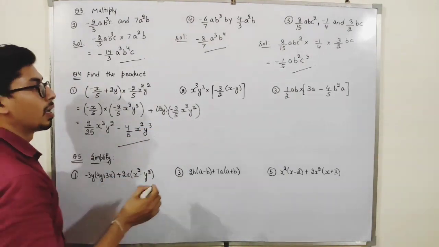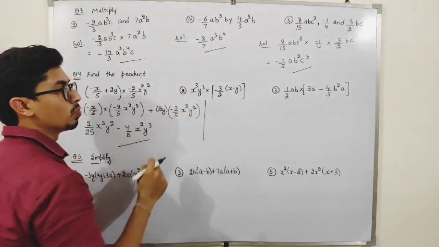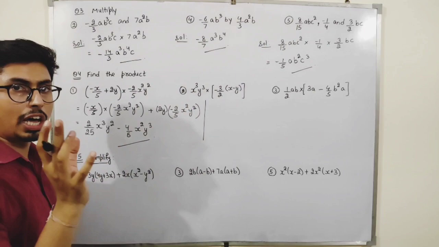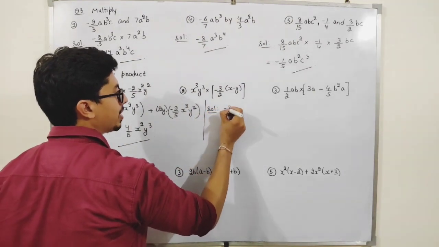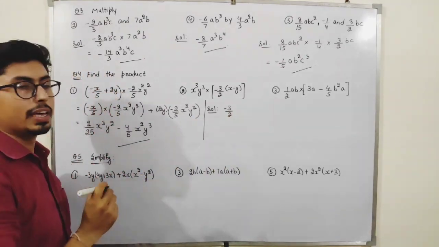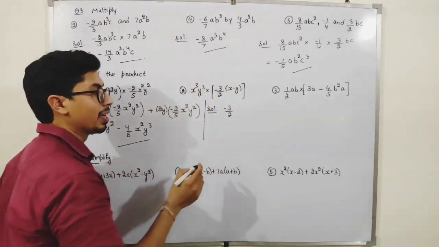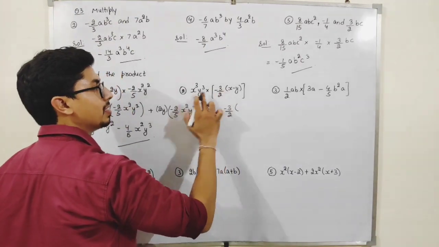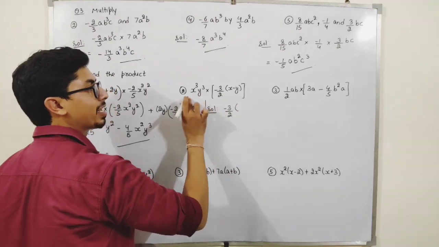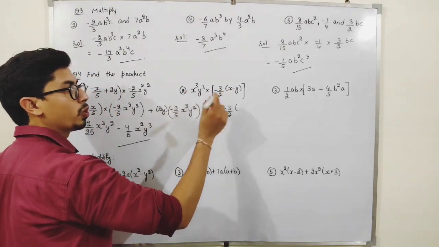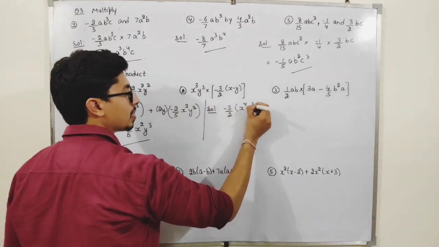Okay. Now similarly, students, in this part, I have to multiply these two. So minus 3 by 2 is the alone number. So I can write it like this. Minus 3 by 2. Okay. And multiply this by x and multiply this by y. Okay. So what it will be? Multiply it. So x into x cube y cube. So x into x cube will be x raised to the power 4 and y cube as it is.